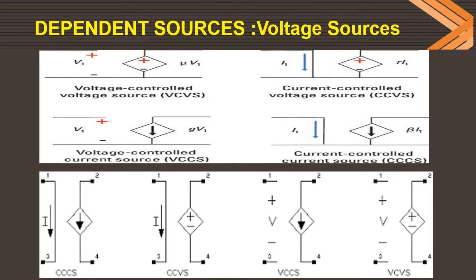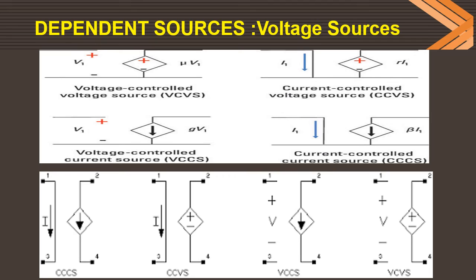Here a few examples are clearly mentioned of how things work. The voltage controlled voltage source: here, the input voltage V1 is controlling. G is the conductance. Here we can easily calculate the voltage gain and the current gain. These are the figures in the voltage form, and these are the figures in the current form.